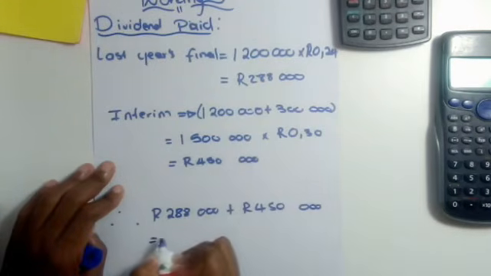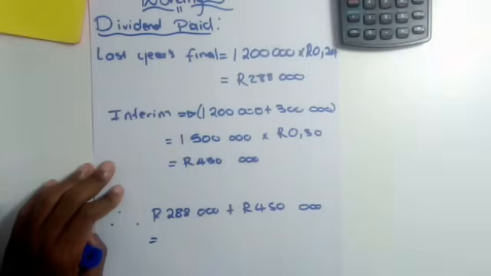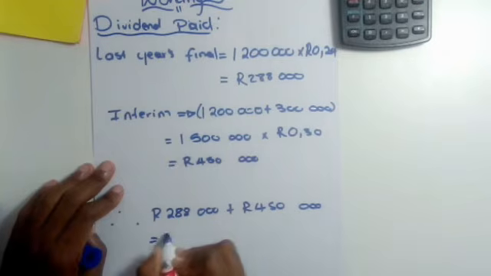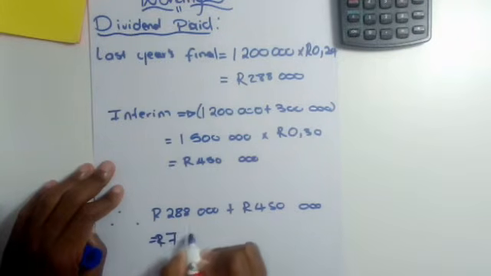I don't have to worry about the ones that were declared for this year, because that one is next year's problem. So I'm only worried about these two: 288,000 and the 450,000 that I have issued for interim. So my total for my dividend paid is